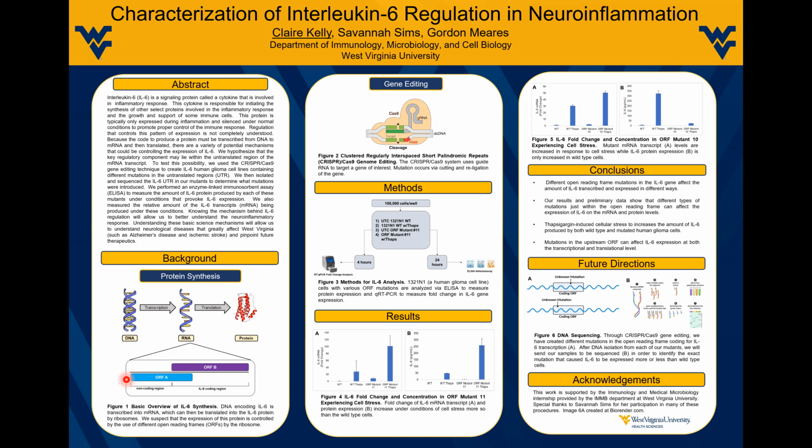So for example, if the machinery were going to translate just open reading frame A here, it would start at the beginning and it would stop at the end of this blue bar. If you notice below this, this only creates the non-coding region of the protein that we need. We don't fully understand the point of non-coding regions, but we do know that it does not contain the functional